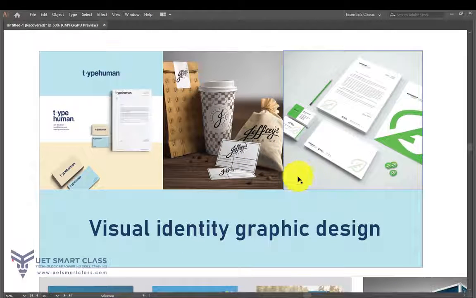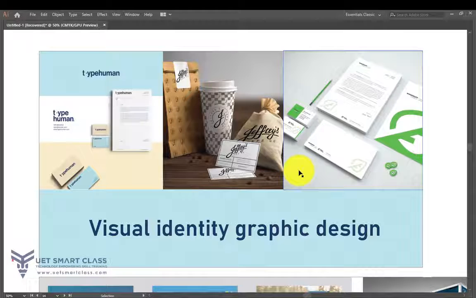What is visual identity graphic design? Look, here identity means an identification of a brand. All right, obviously, like we have a voter ID card as a citizen of India, right? So as a citizen of India, what do we represent? We represent a voter ID card or Aadhaar card or passport, driving license. In the same way, a brand has a brand identity, an identification that people can remember, like the Apple,